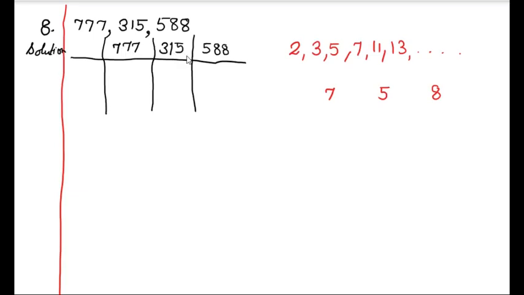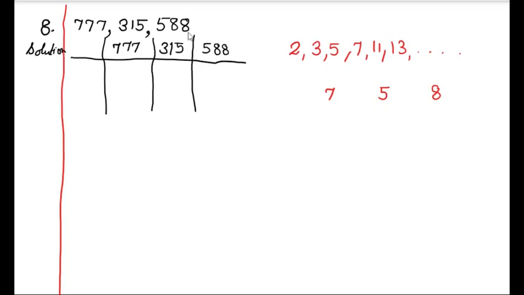But what we have to find out is the HCF. HCF means all these three numbers should be divisible. Then we will go to the next prime number. What is that next prime number? Yes, that next prime number is 3. So what we will do, we will take those three numbers and we will add their digits.